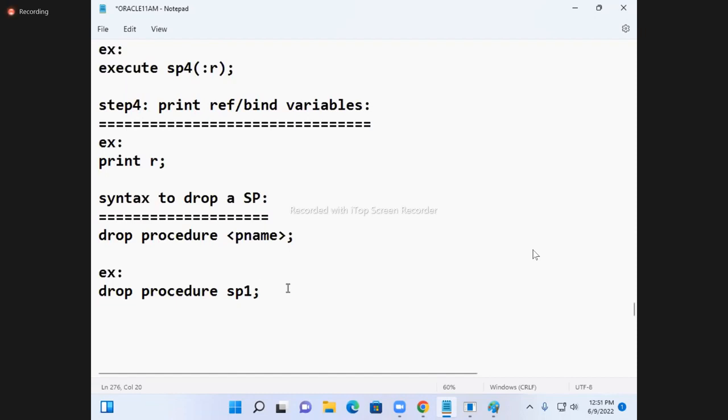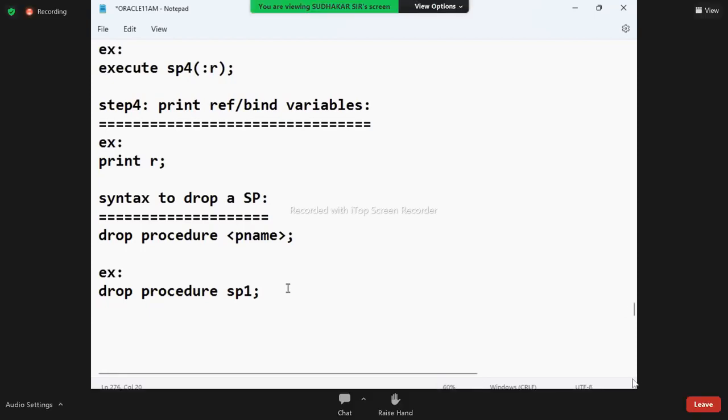Okay now, right. And tomorrow we will go for the next object. The object is